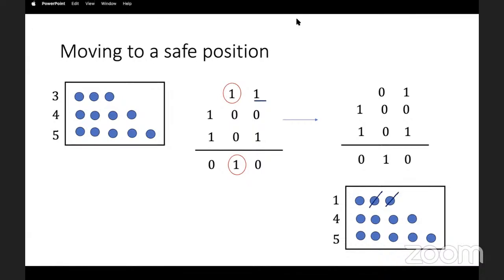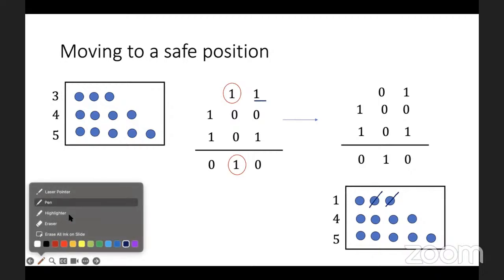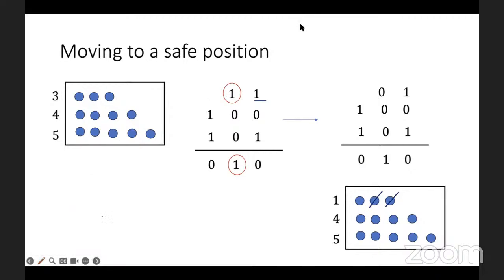Okay, so perhaps not completely satisfactory, but this is an introduction to what will be a couple of conversations about Nim. And that's all I wanted to say today. Does anybody have any questions about the mechanics of it, even if we've not really